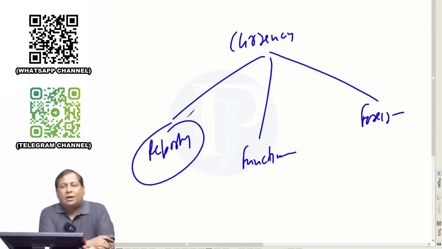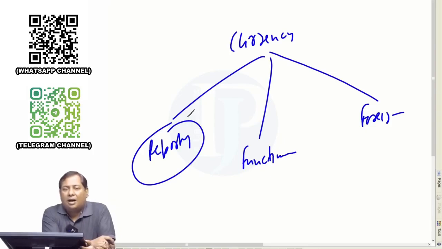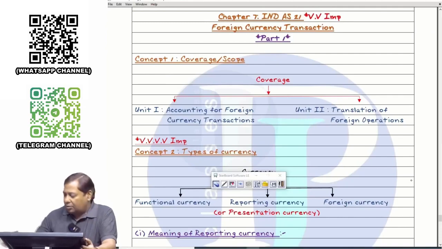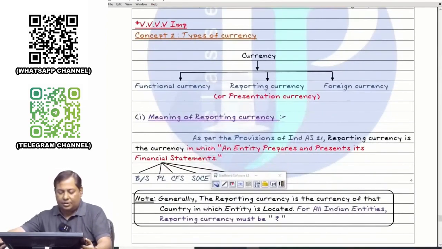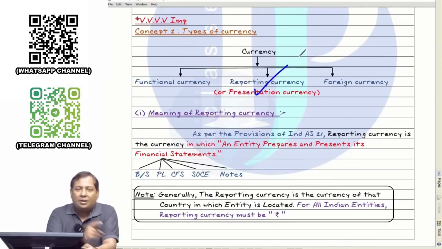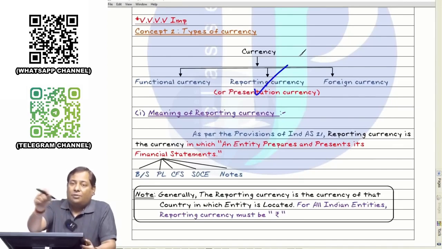Reporting currency, what is called reporting currency? The currency in which you are preparing your financial statements, your profit and loss, your balance sheet, your cash flow. I will show you the screen once, it will be easier for you to get it. Here you go. Reporting currency is the currency in which an entity prepares its financial statements. Reporting currency is what you're preparing your balance sheet, P&L, cash flow statements with. Reporting currency is the currency in which the financial statements of a company are prepared